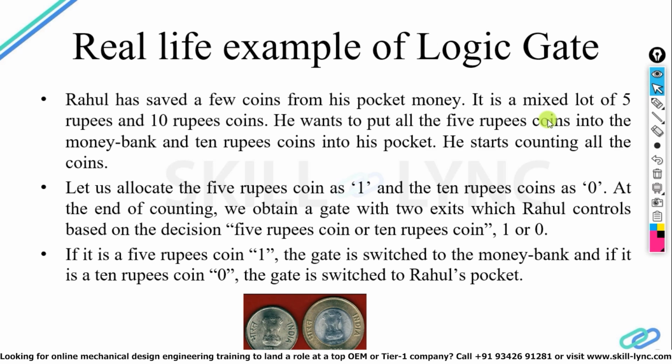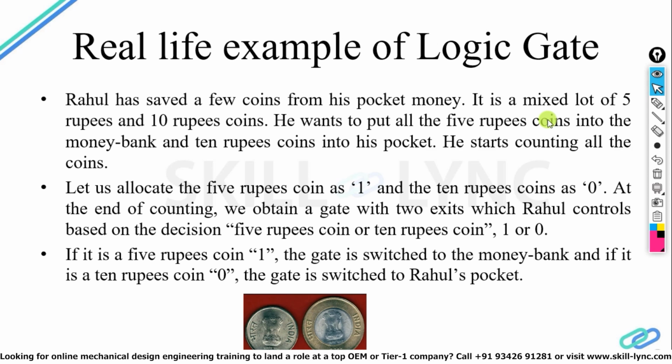So the real life example tells us that anything that you have can be segregated as 0 or 1s. In digital electronics, low, fail, minimum, 0 volt, everything can be given as a value 0, and high, pass, good, 5 volts are allocated a value 1. Okay, 0 1 0 1.